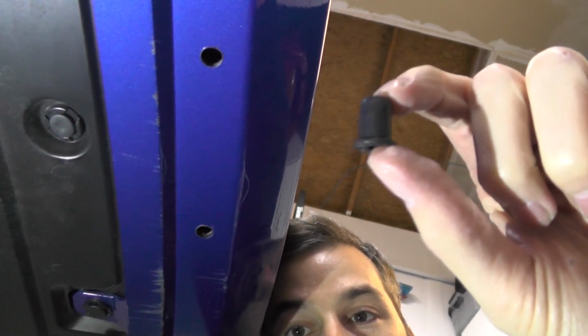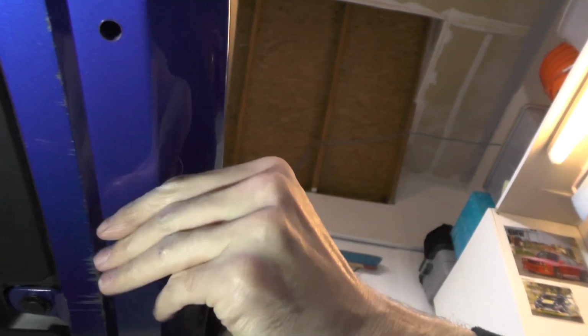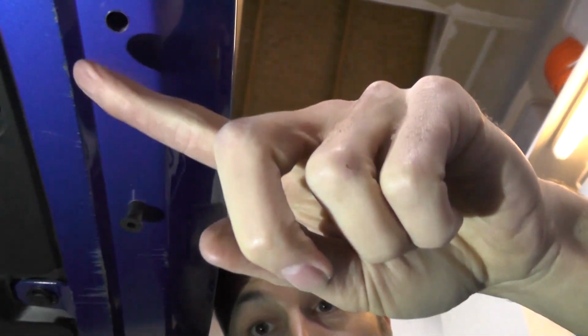Now I've got all the holes drilled on the underside of the bumper. The next step is going to be installing these little rubber rivet nut things, which are kind of a pain. Probably going to have to run your drill bit through the hole again, these little guys. They're going to go in all of the holes except for the ones that were pre-marked on the bumper, if